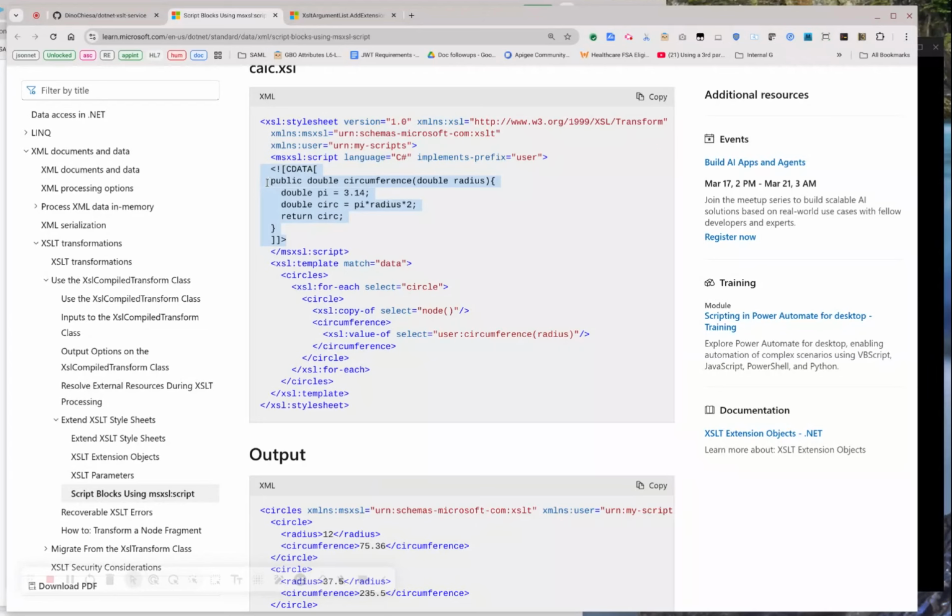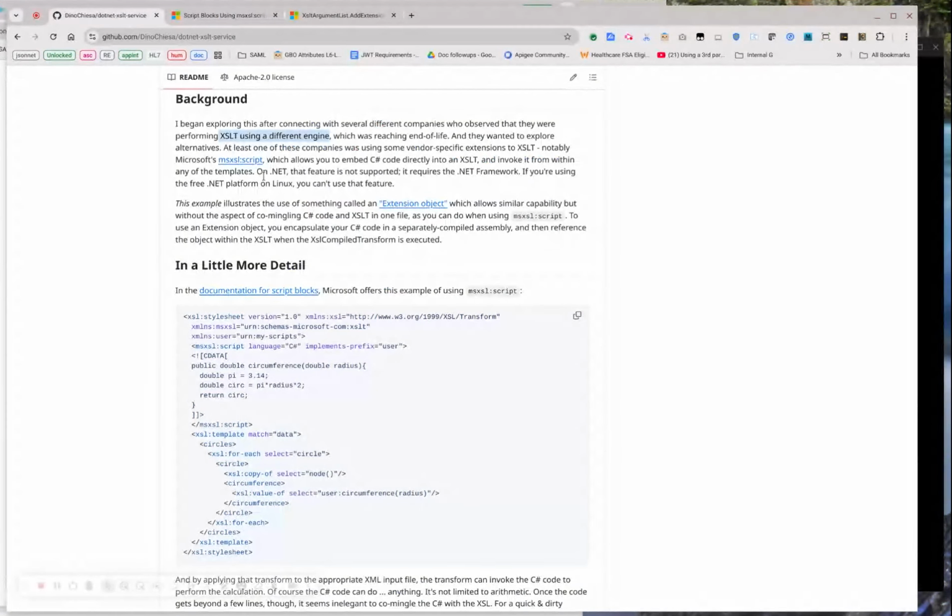It's a little bit going against the grain as far as maintaining code separation. You know, XSL is a different language than C Sharp. I don't feel quite completely happy with maintaining all this code in one module, but I see the utility of it. It's really convenient. With .NET, the thing that runs on multi-platform, including Linux, that feature is not supported,